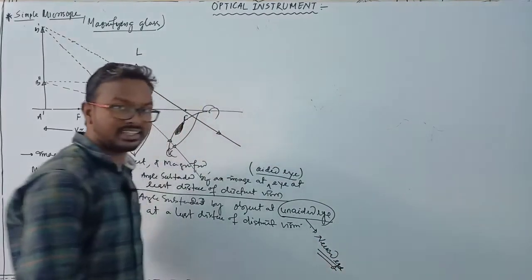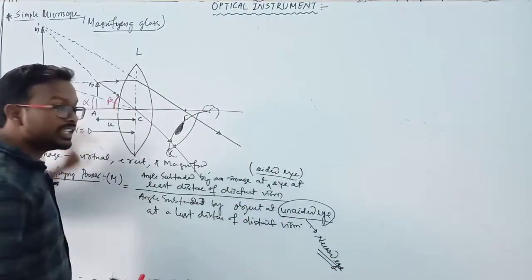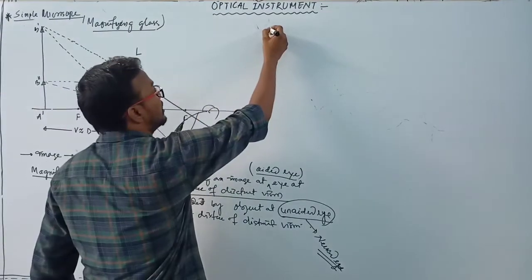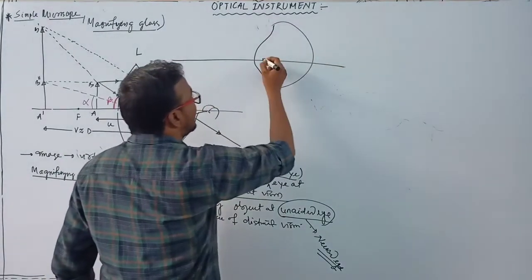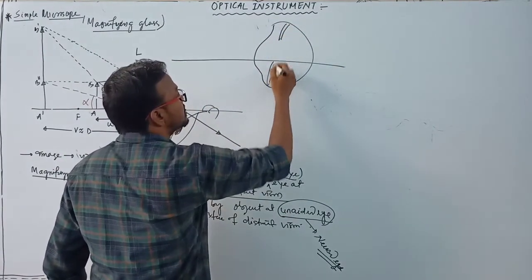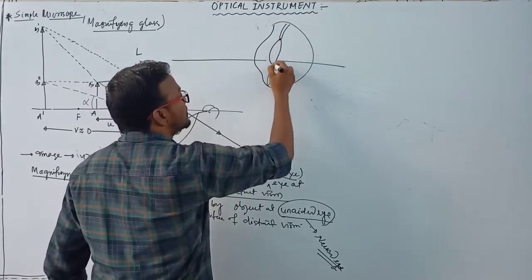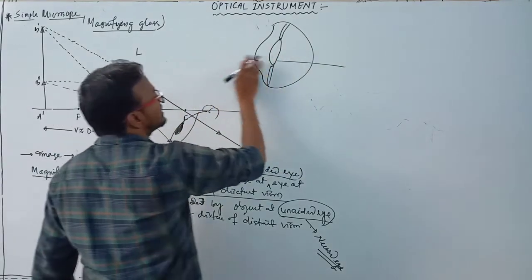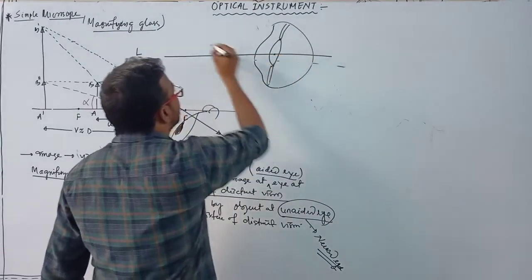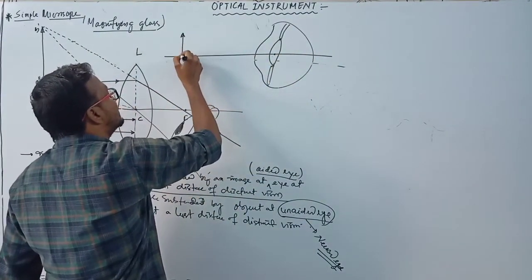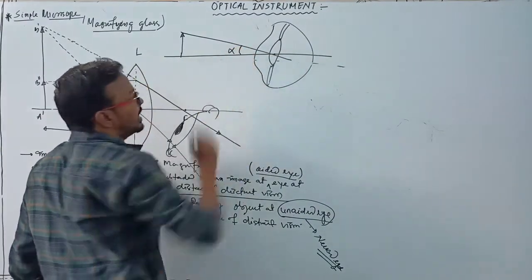Naked eye means without lens. This is the angle subtended by the object without lens. That means suppose this is the eyepiece here, and this is the principal axis, and here this is the ciliary muscles, and there is a biconvex lens here, clear, and the ray passes through the principal axis like this point, and there is an object, clear, this object, and this angle is known as alpha,